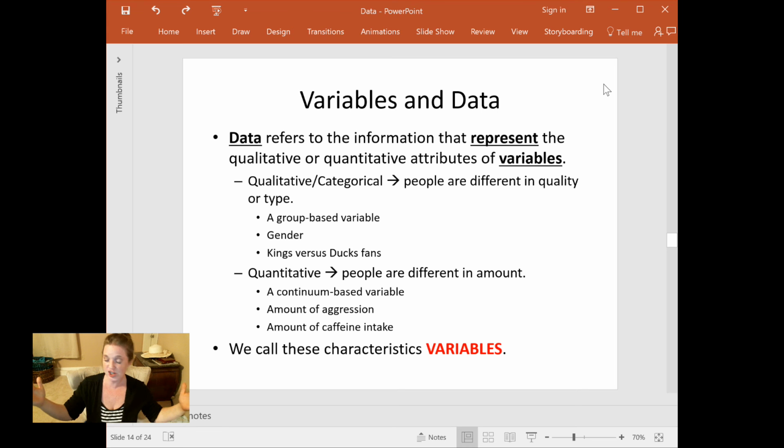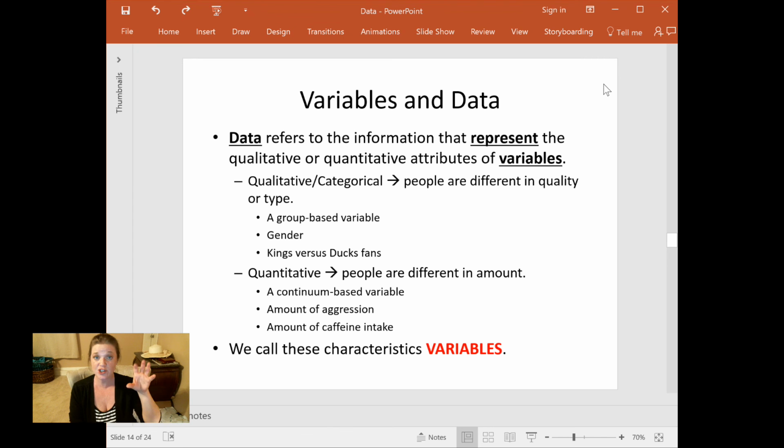If you're looking along a dimension from low to high, from faster to slower, from smaller to bigger, whatever, if there's a range where you would put people in order at least, you definitely have a quantitative variable. And it is the most important way to classify data in our statistics class. And it's the way of classifying data that gets the least amount of coverage in every textbook I've ever read. Because whether or not you have qualitative data or quantitative data dictates the kind of data analysis you can do.